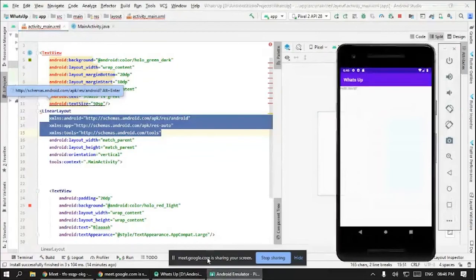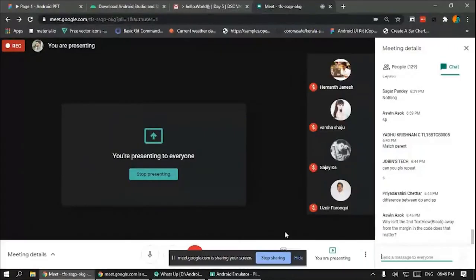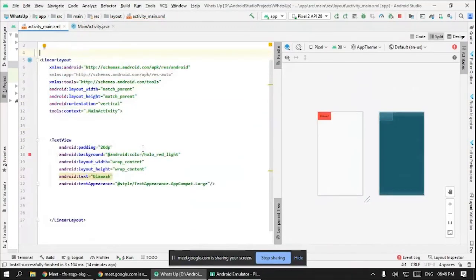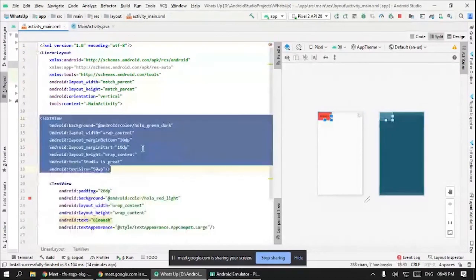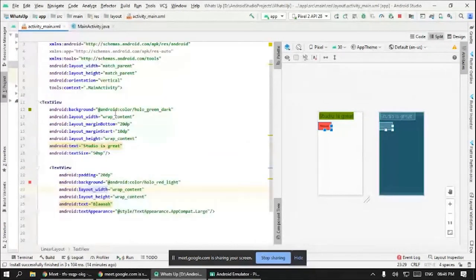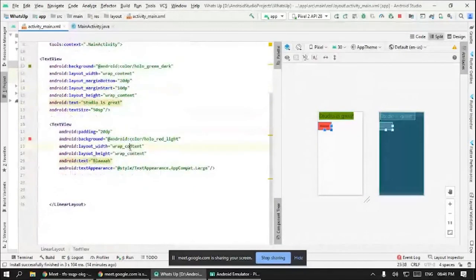First, I will answer that question. What is the difference between DP and SP? There is no sense in knowing the difference between DP and SP because that is not going to help you with learning Android. Just use DP where you want to use DP, or just use SP where you want to give text size. That's all. And why is the blah not away from the margin? Okay, we just gave the text view margin start, but we didn't give the blah the margin.